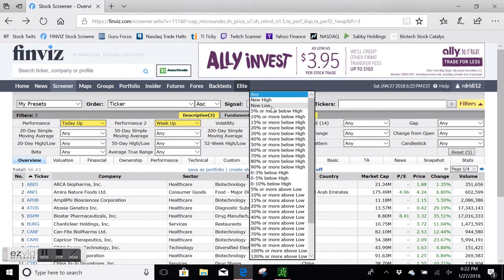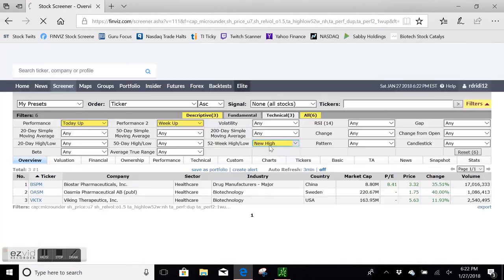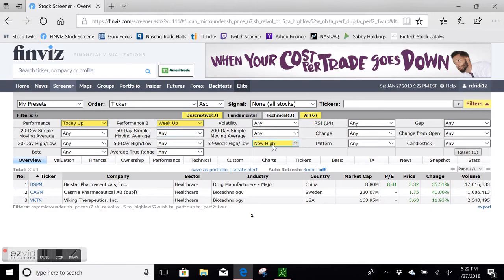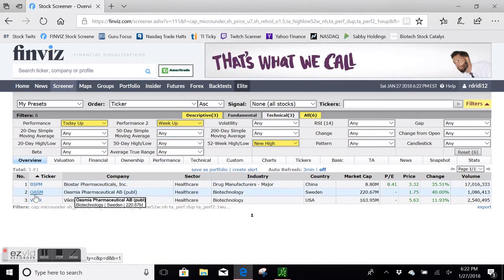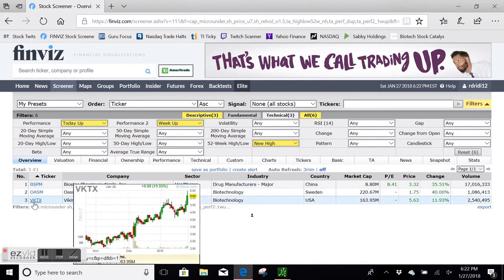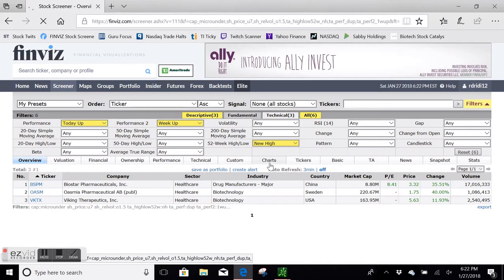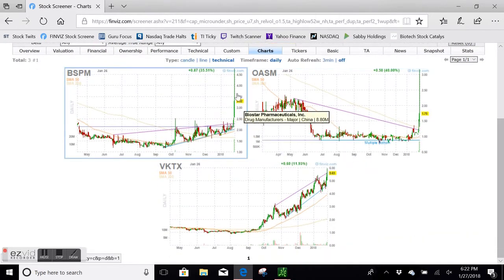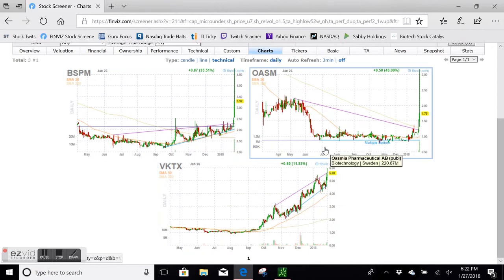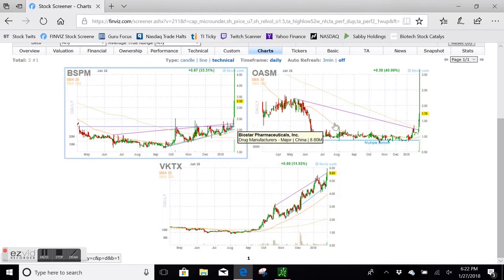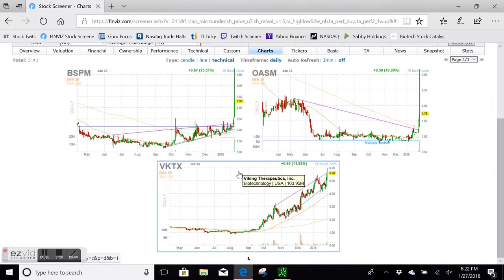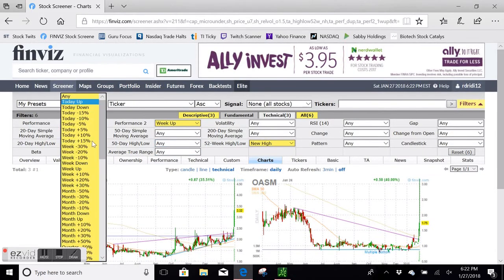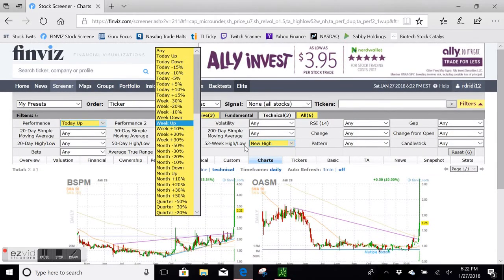And let's say they're making new 52-week highs. So it shows me stocks that are up today, up on the week, and making 52-week highs. BSPM, OASM, BKTX. If I click charts here, it just gives me a nice view, massive spike on BSPM. A nice view of just a couple charts that I can quickly look through,